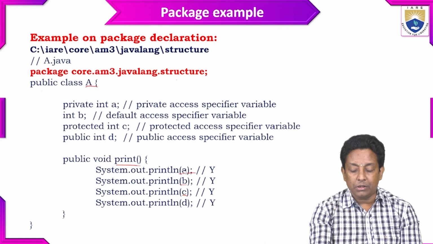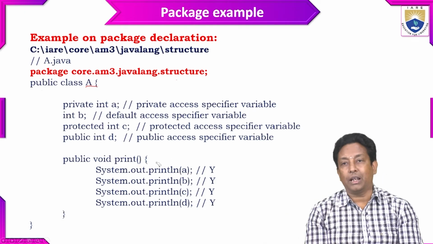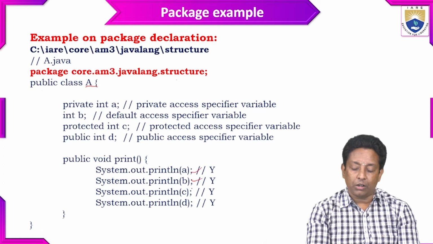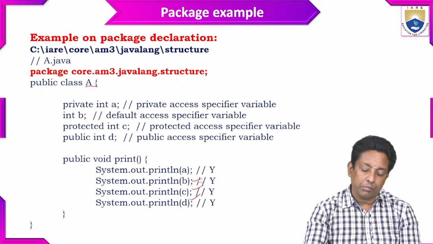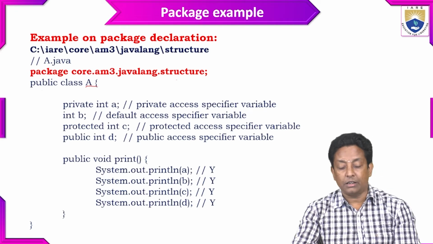All ABCD variables are accessible because print is a method of the same class. So within the class, the private variable can be accessed, and default, protected, and public variables are automatically accessible. The next example is